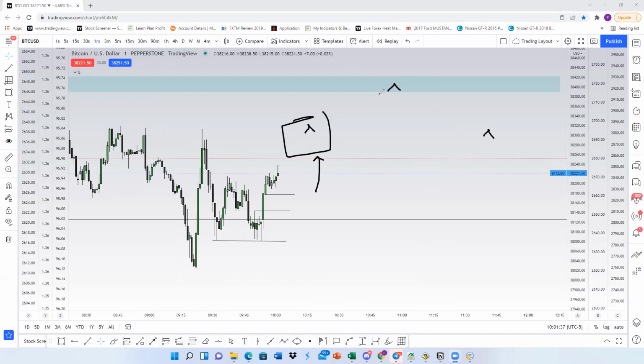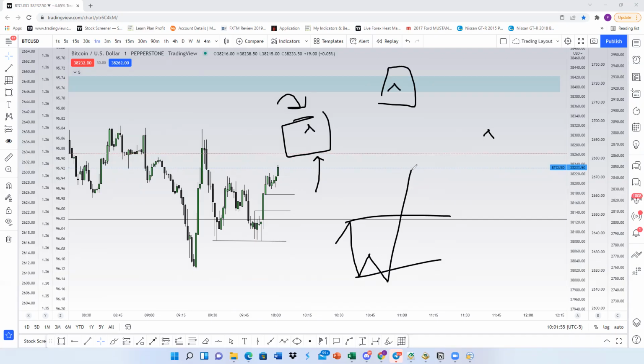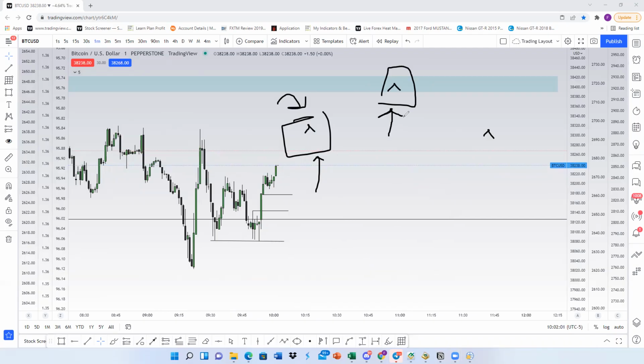What do I mean by that? I mean the first swing, from a bearish swing high perspective. From a swing high perspective, the first bar is going to be the manipulation of price. This one will get taken out, that one will get taken out. Boom, boom. Then in the second swing, which is this here,